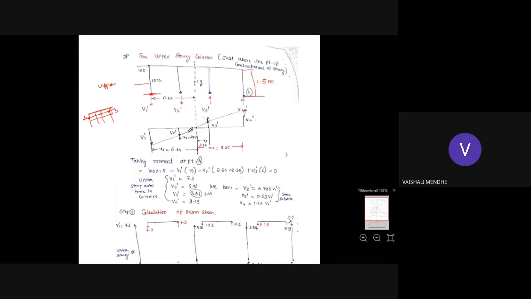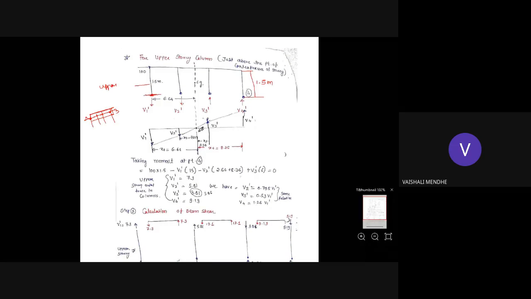जब अपन लोअर स्टोरी कॉलम कंसीडर करेंगे तो बोथ द लोड विल बी देयर. देन अगेन, you have to take the moment about 0.4. Relation same रहेगा, V1 by A is equal to V2 by A divided by that. Why relation will be same? Because area same है, distance same है, सिर्फ relation में आपको V1 को रिप्लेस करना है V1 डैश से, सेम